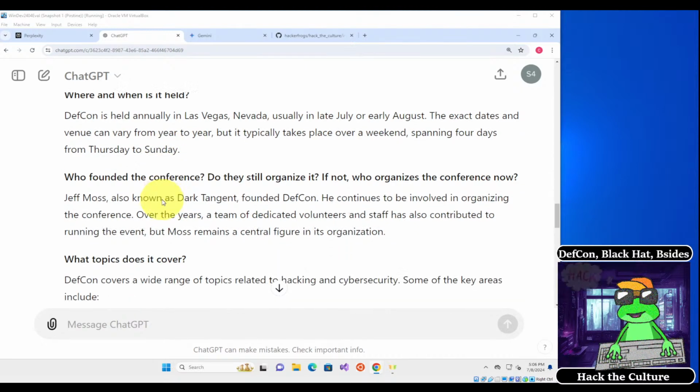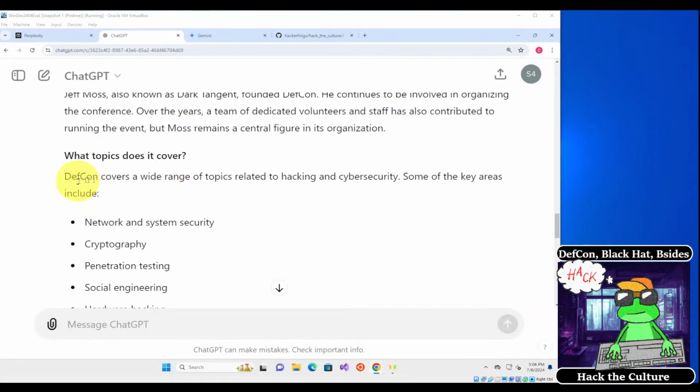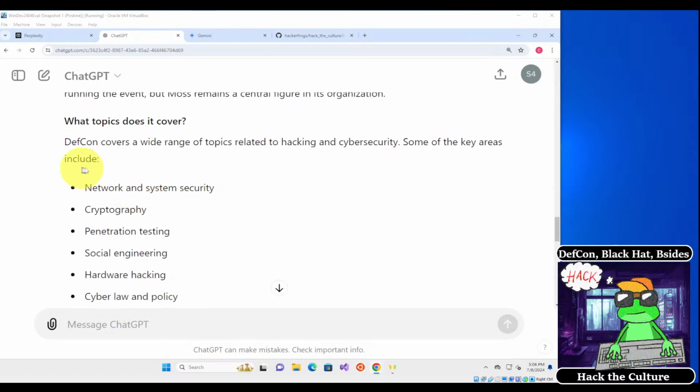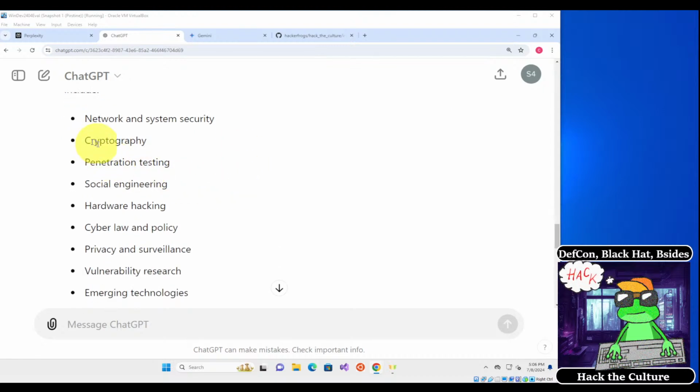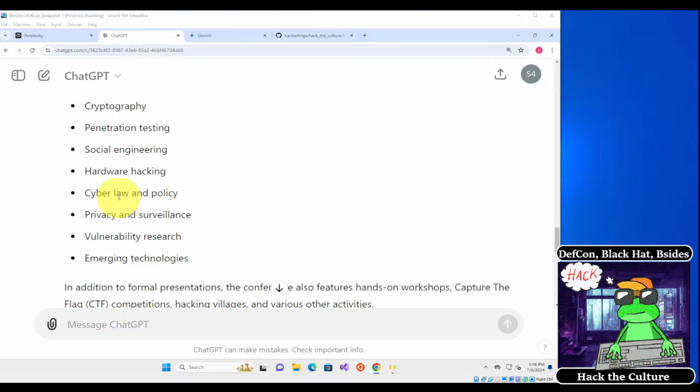Okay. So the next question is, what topics does it cover? So DEF CON covers a wide variety of topics related to hacking and cybersecurity. Some of the key areas include these right here. So network system security, cryptography, penetration testing, social engineering, hardware hacking, cyber law and policy, privacy and surveillance, vulnerability research, and emerging technologies. So it sounds like whatever it is you want to do, you can do it over at